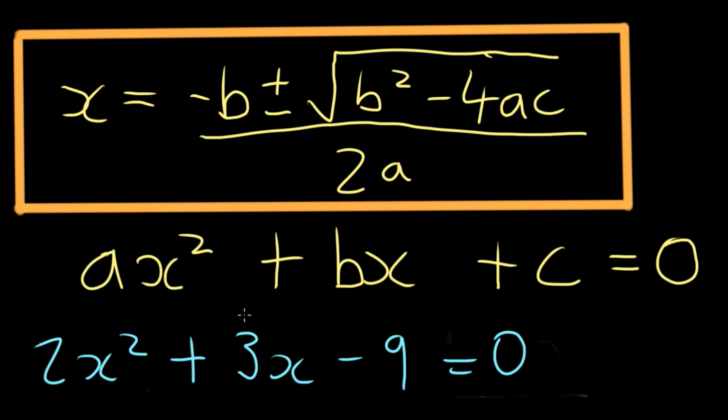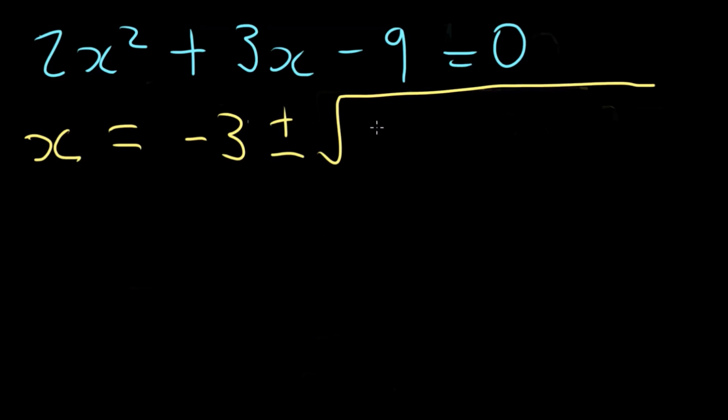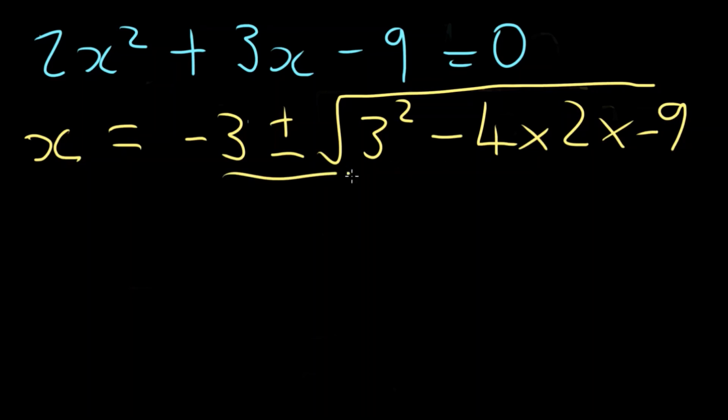Okay, so let's do a problem. Here we go. 2x squared plus 3x minus 9 equals 0. Okay, I'm not going to rewrite the quadratic formula every time, but in an exam you probably would. Okay, so x will equal minus b, so minus 3, plus or minus the square root of b squared, b is 3, so 3 squared, minus 4 times a is 2, times c is minus 9, all divided by 2 times a, so 2 times 2,